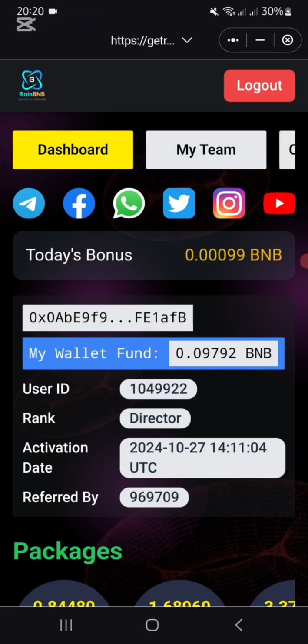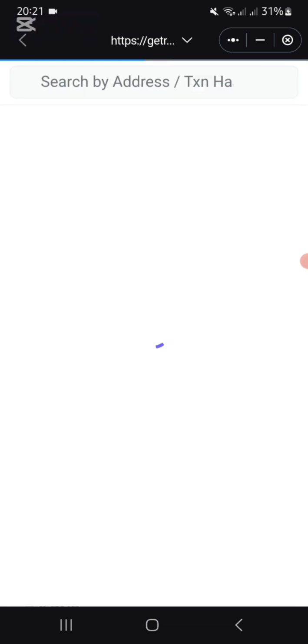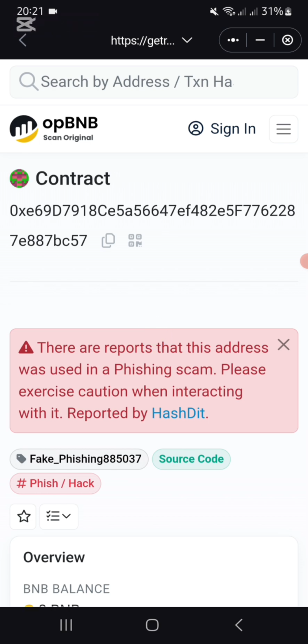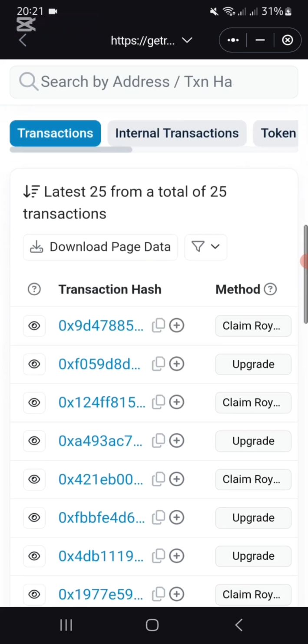Okay, so the next one I'm going to show you is how to do it through blockchain. On your dashboard in SafeBell, you're going to scroll right down to the bottom and you'll see there's a yellow link there. You're going to press on that and that is the shortcut to the blockchain. Did you know that? So what you're going to do is you can go and check out the recent transactions if you wanted to.